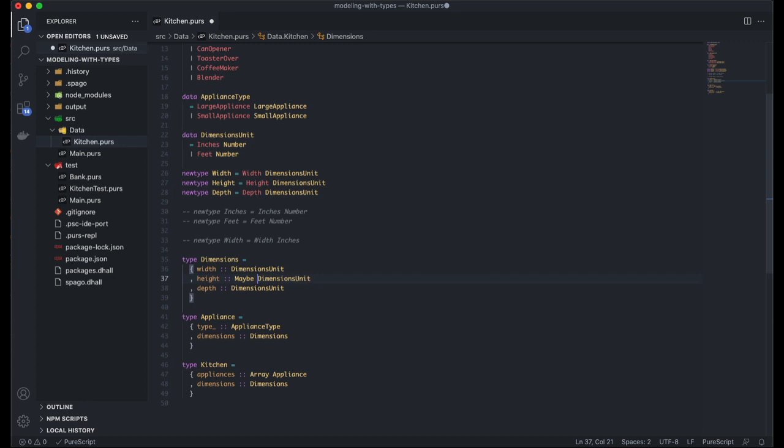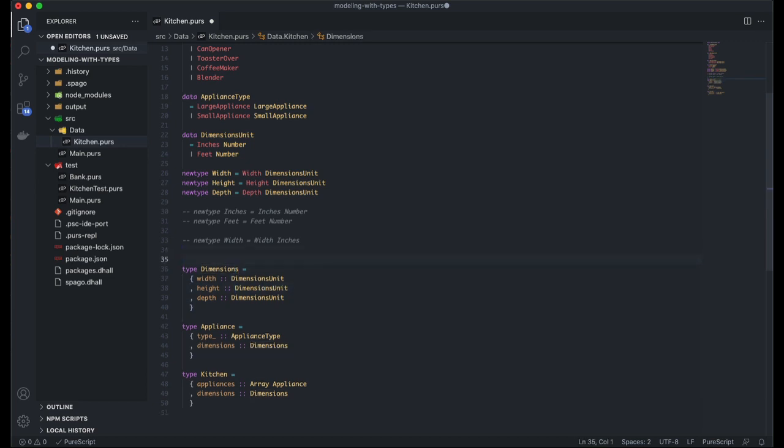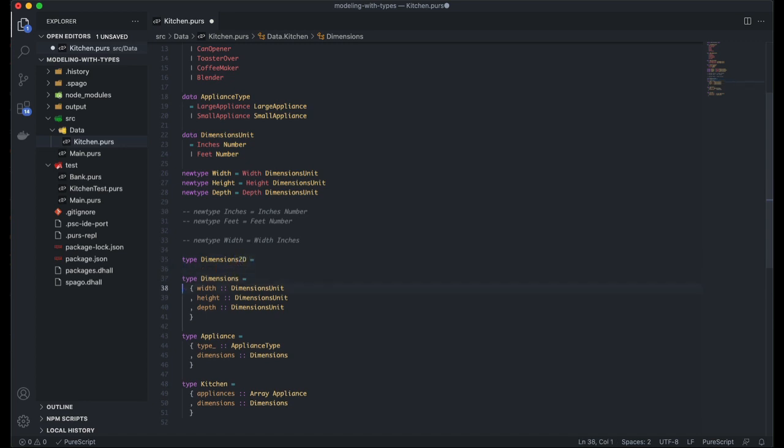That's not so great. Because now I'm burdening everyone who doesn't care about height with the fact that I have to put a nothing in there. And if I'm storing this in a database, I have to store nothing. And I'm like, okay, that's no good. So another way I can do this is create a different dimension type, right? So I'll create dimensions 2D, and it will only contain,